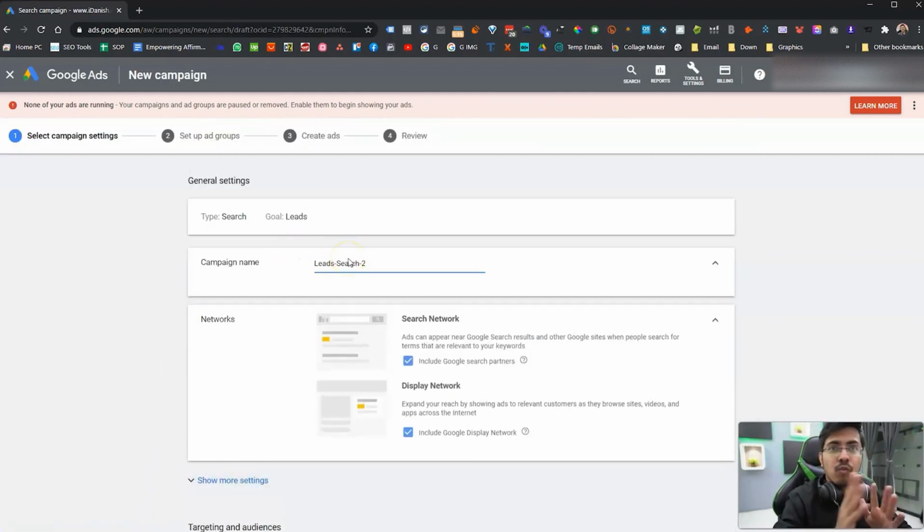Okay, once you are here, you can just type the campaign name, whatever name you want to give it. What we do is break down the campaigns into different categories, like the competitor campaign, brand bidding campaign, and the targeted search terms campaign, and so on. These are the main ones that we usually use for a whole lot of our different clients as well. So for this one, I'm just going to say